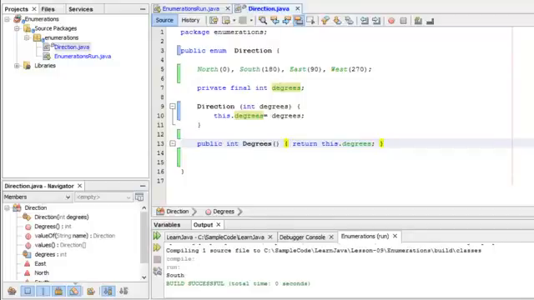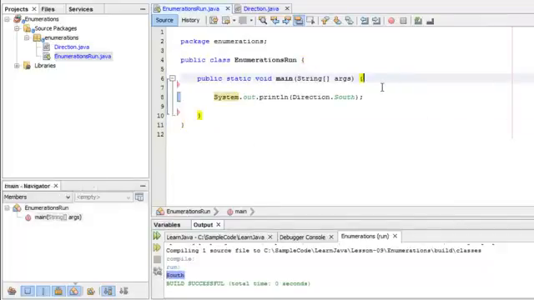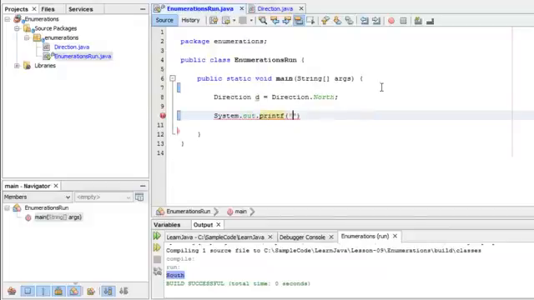So let's go back to our enumerations run Java and find out what we can do with what we have now. Well, first and foremost, does direction.south still work? Let's just run it. It still says south. But watch what other cool things I can do. I can say direction D gets direction dot north. Then I can say system out printf. How's this? %s is at %d degrees. And let's see what happens when we print out d